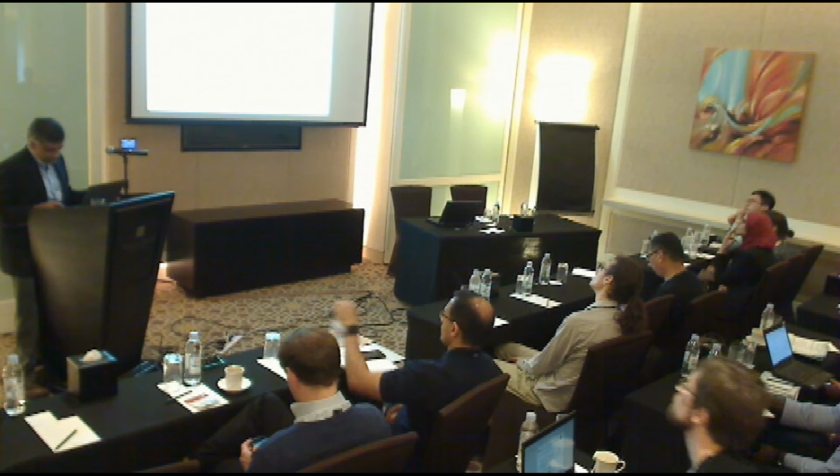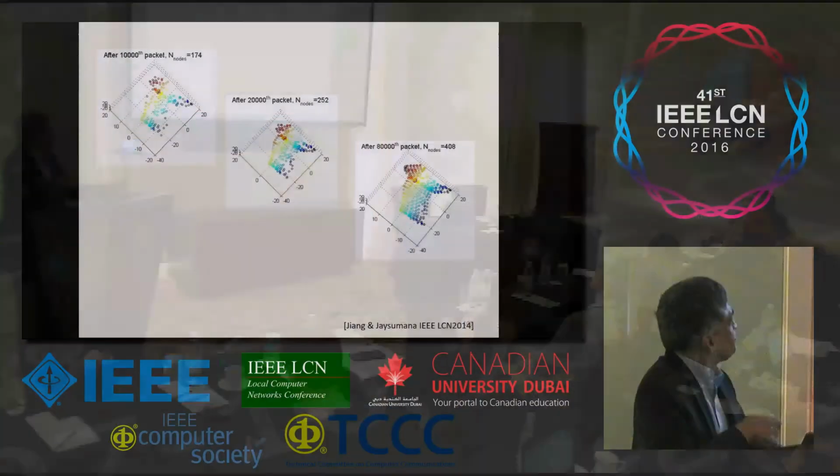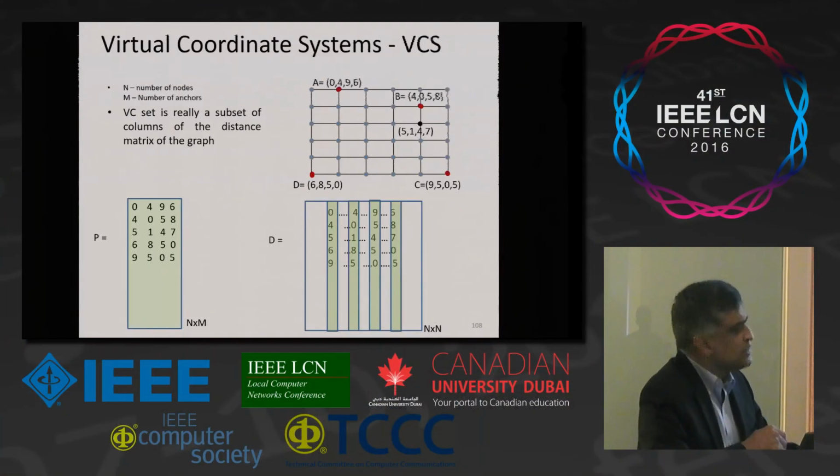So this is when I kind of started talking to various other people, mathematicians and others, to try to do different things. So let's go back to this here. This is the coordinate system of this graph. And if you have a graph, one way to characterize the graph is by a distance matrix, right? So in a distance matrix, the ijth entry is the number of hops between the ith node and the jth node. But in the virtual coordinate system, we don't have this distance matrix. What we have is the distance to these 4 nodes. That actually corresponds to these 4 columns, right?